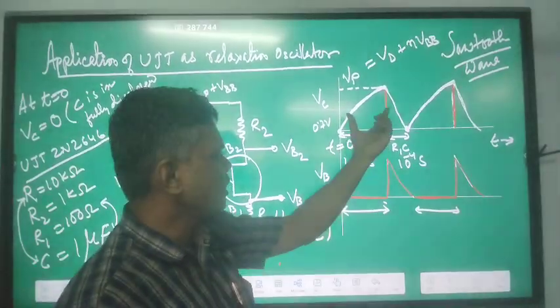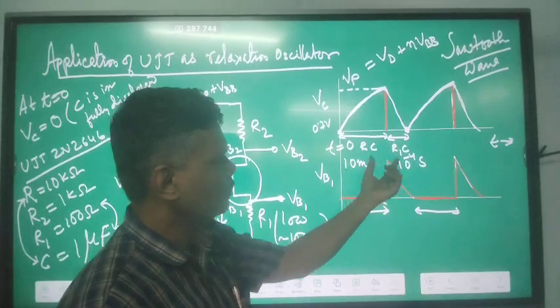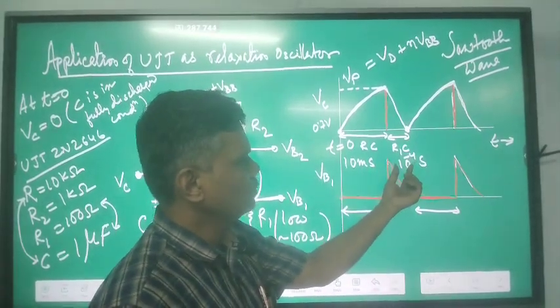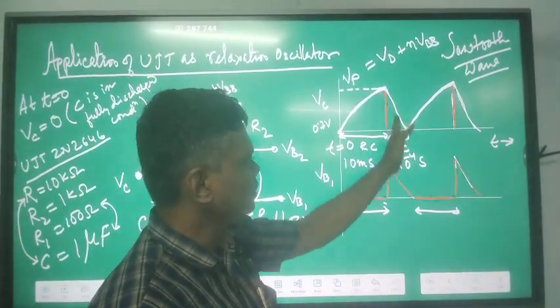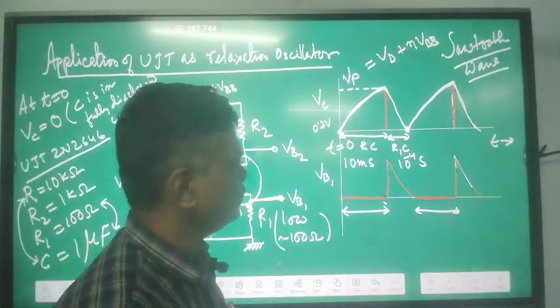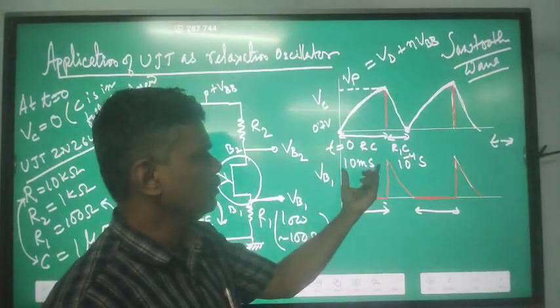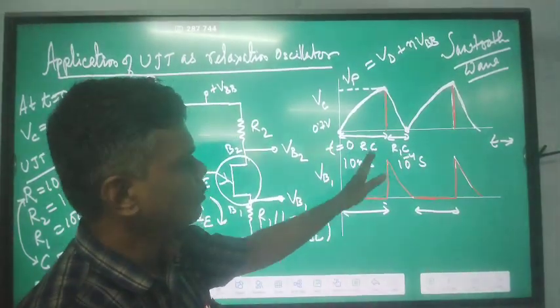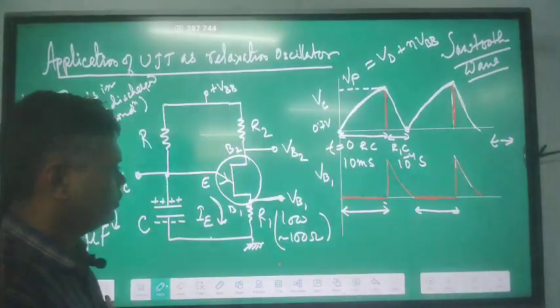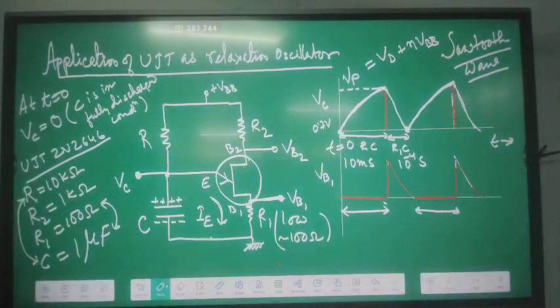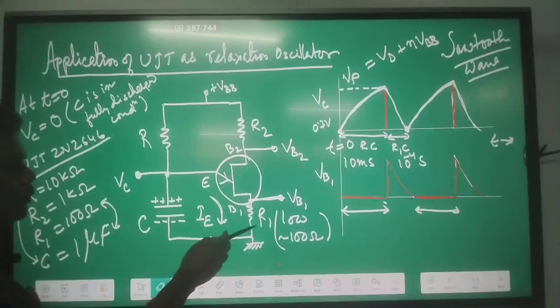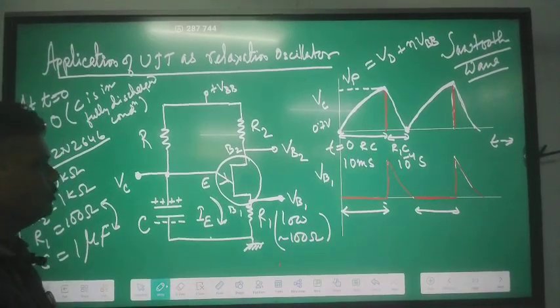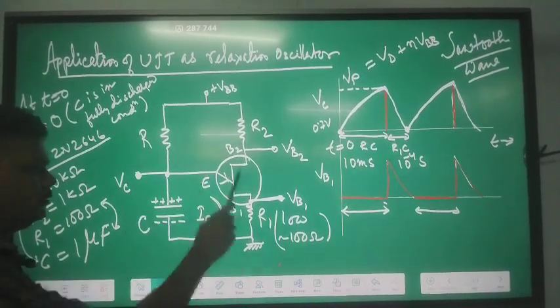So you can nicely see that the time required for charging will be more compared to the discharge. Discharging time is very small, it is 10 to the minus 4, and charging time is 10 millisecond, which is quite high compared to this one. This is how we can implement the sawtooth wave using a 2N2646. For that purpose, you have to take this R1 very small compared to this R and R